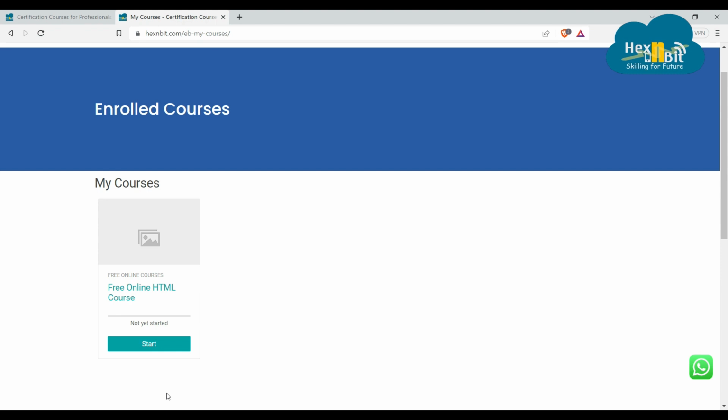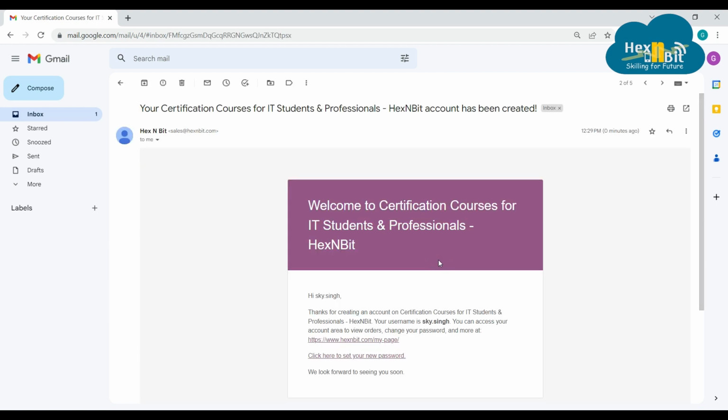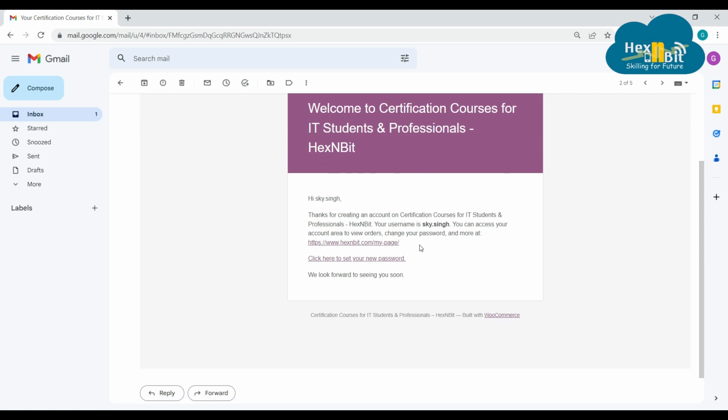So now let's see, we have also received a mail on our mail ID. Here you can see 2 mails are there. If you are purchasing a course or you have created your ID for the first time over our platform, it will show you these 2 mails: account has been created, order is now complete. So account has been created, this is showing you all the things, like this is your username and all, and here is a link available on which you can click and reset your password for the first time. So I'll click on this